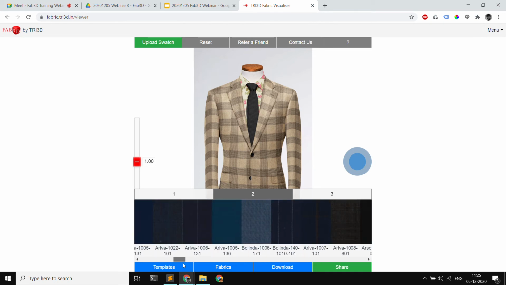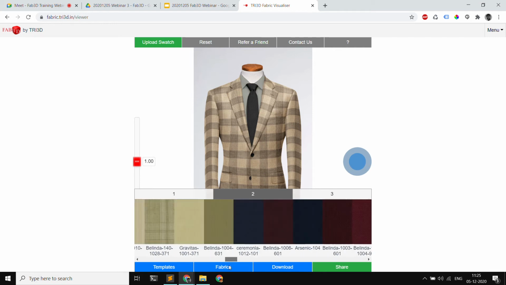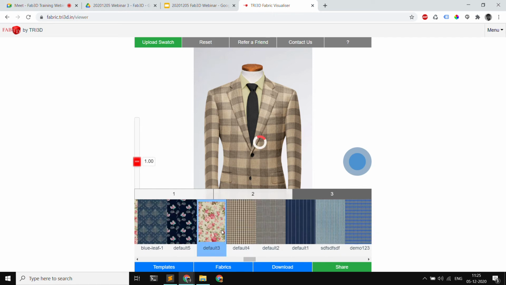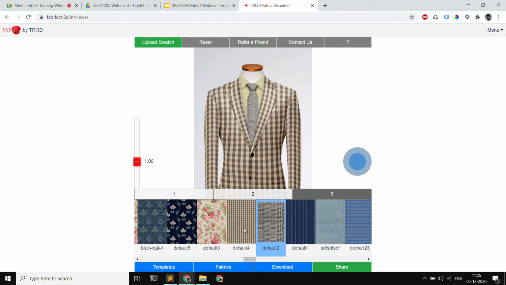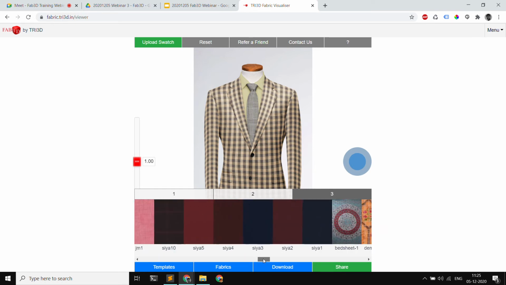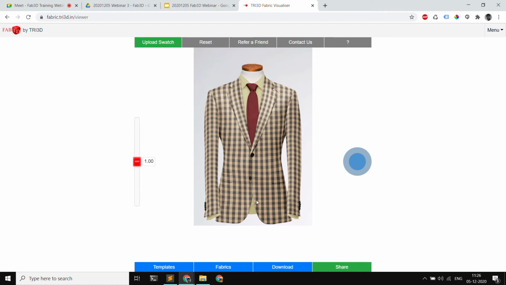So now I can go and add any matching shirt that would match this particular blazer color. I can use this color shirt. And similarly for the tie, I can click on that particular slot and start changing the tie's fabric also, right? I can use any combination of this. I can mix and match like this. So this is an important feature, so that you are showcasing your blazers and suits correctly with the right combination of the shirt and ties and everything.